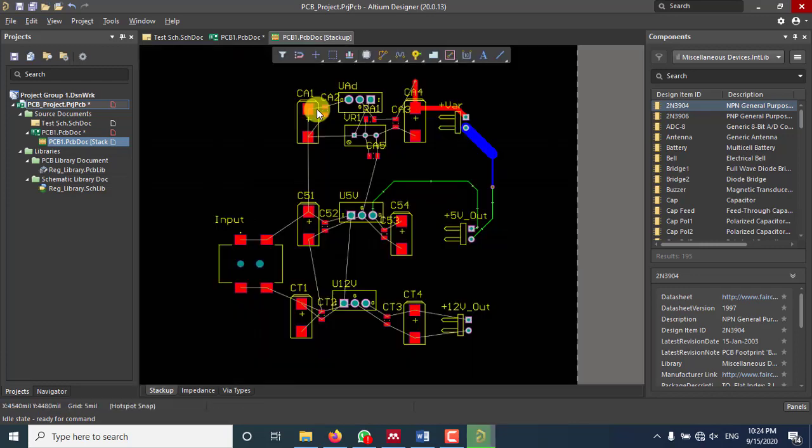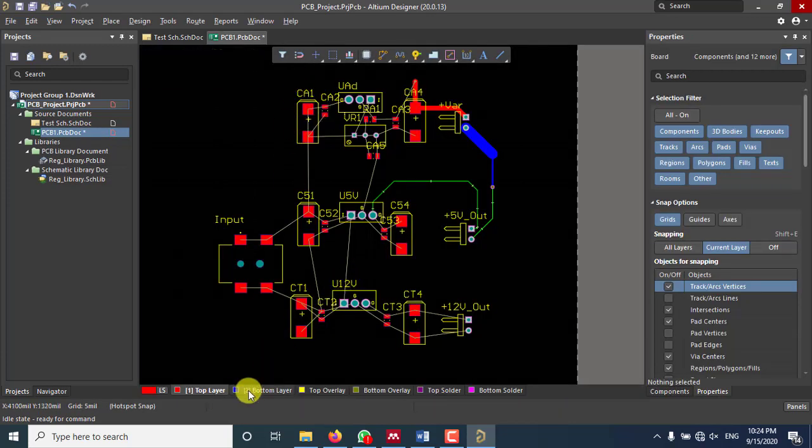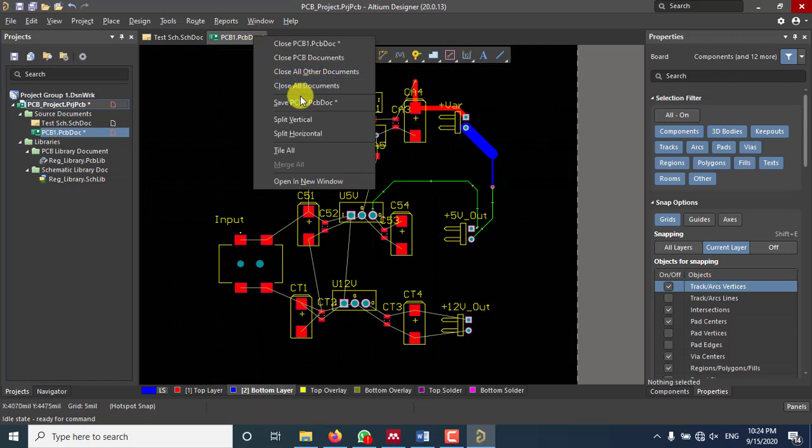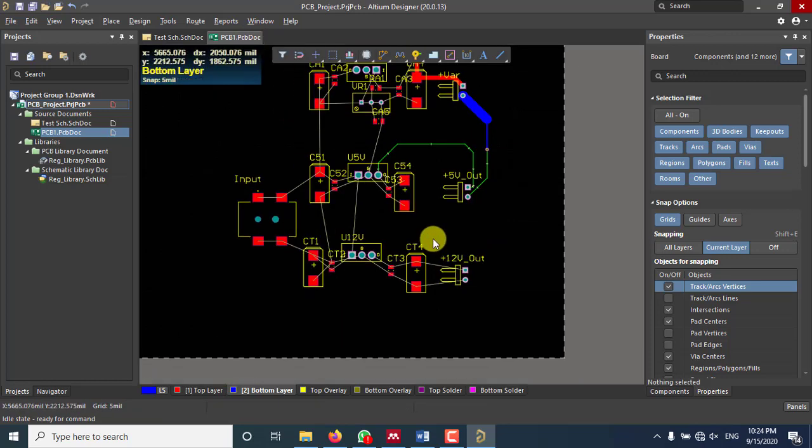I'll just close this, and now you can see that again we are reduced to 1, and the top layer as 1 and the bottom layer as 2. Okay,